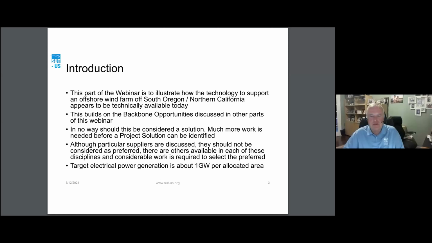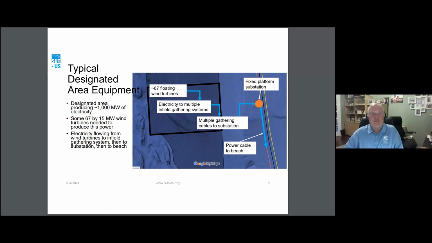Through it, we'll talk about electrical power generation, around about a gigawatt per allocated area, per call area, if you like. So let's move on now. What we talked about in the way of Bill referencing about gathering stations,